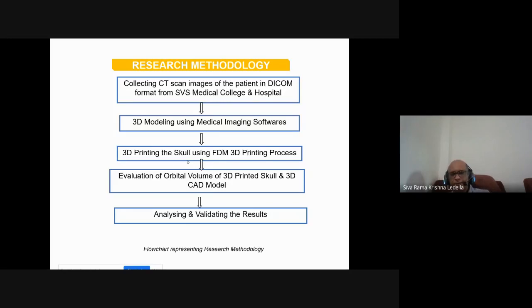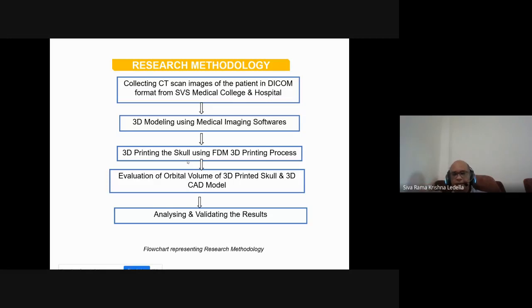That means in the first case, before operation, we printed the entire skull to know how the fracture happened and compare it with the contralateral side. Contralateral side is that side where there is no fracture at all, right? So we compared that. Then the doctor performed the operation, understanding how the fracture happened. After 3 months, again we collected the CT image of that particular patient.